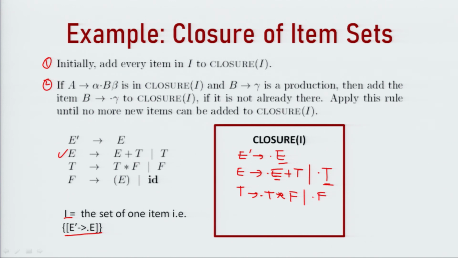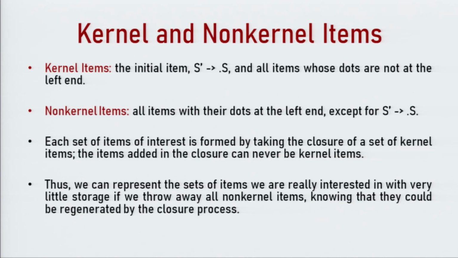Just after dot we have T, but we have already added the items corresponding to T productions. Next is F. So, here we will look at F productions. So, this is this and this. So, here we will add the items like this. Now, immediately right of dot we have opening parenthesis, and here we have ID. These are the terminals. So, there are no more items that can be added into this set. So, this is the process of obtaining closure of a particular item.